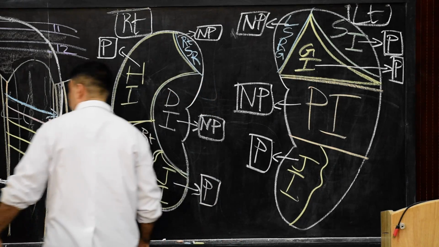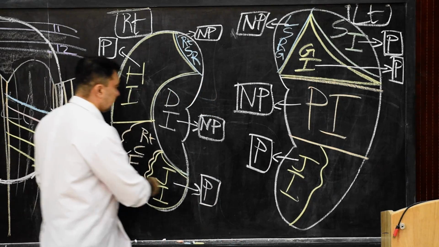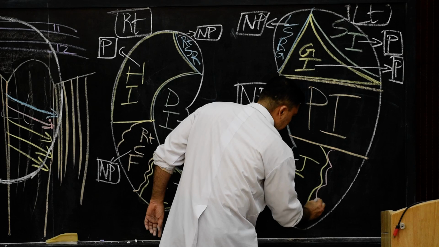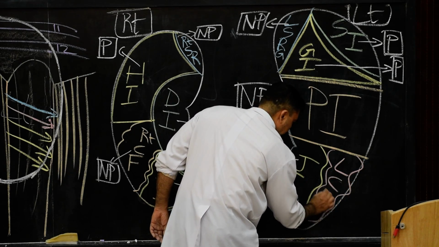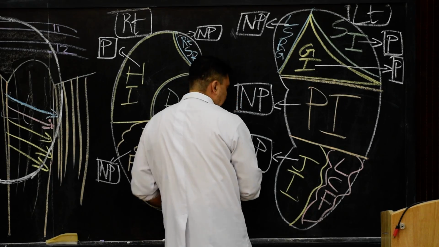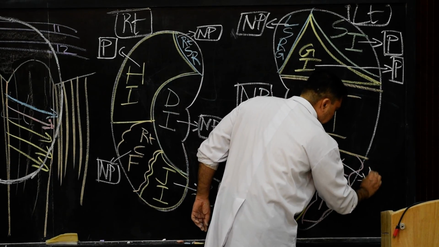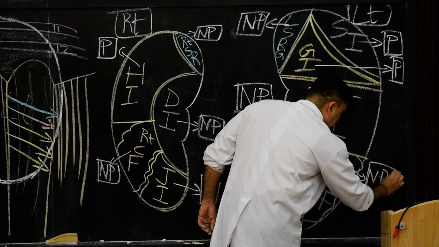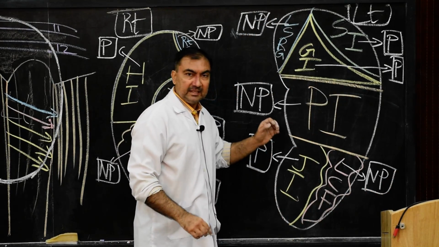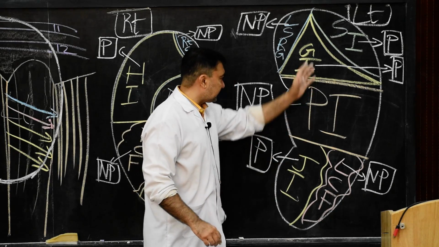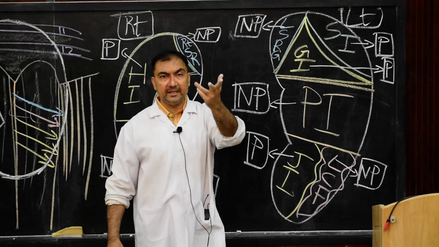So here, if I mark this totally as the left colic flexure, this is how I mark the left colic flexure. This is the impression, and this left colic flexure is totally a non-peritoneal impression. So here we have the 6 impressions. Out of the 6 impressions present on the anterior surface of the left kidney, 3 are peritoneal, 3 are non-peritoneal.